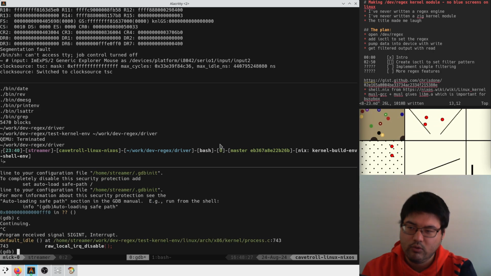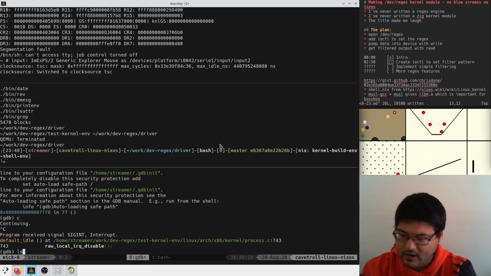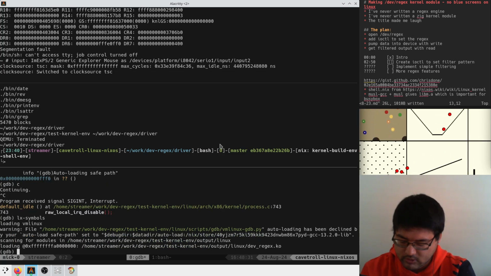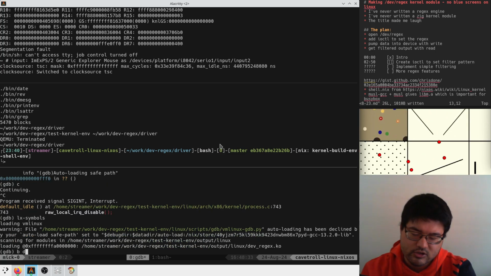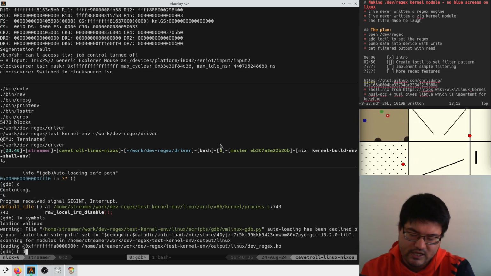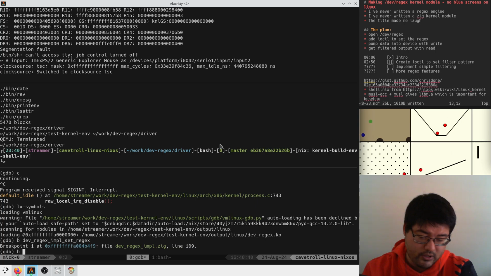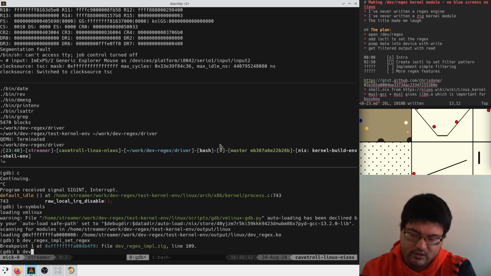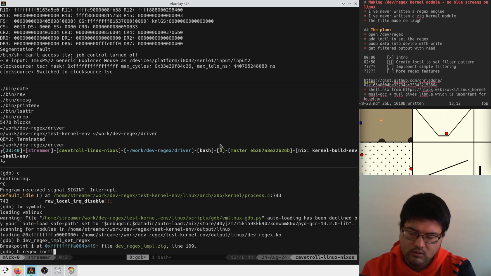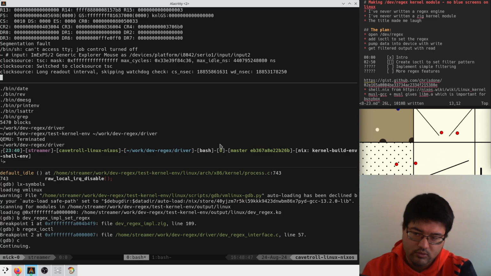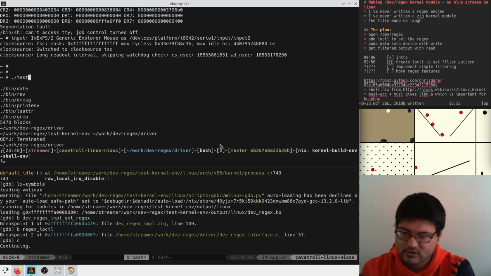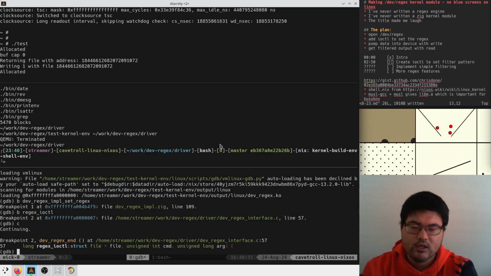This segfaults. We breakpoint here, and then we say lx-symbols to force it to load the kernel module. We say break on dev regex impl set regex. Okay, and we also break on dev regex ioctl. Continue, and we run this again. Test. Okay, so here